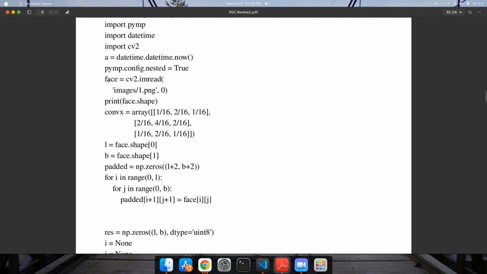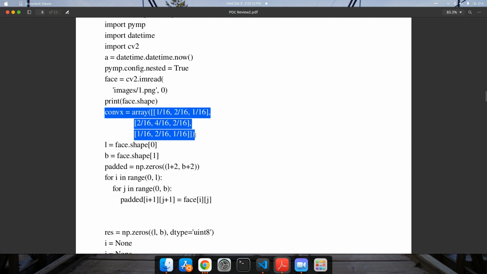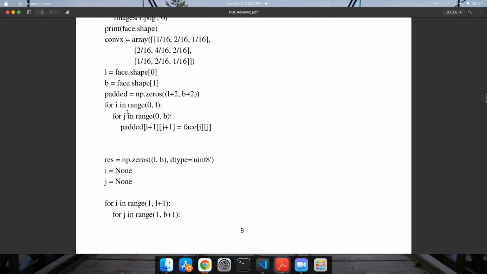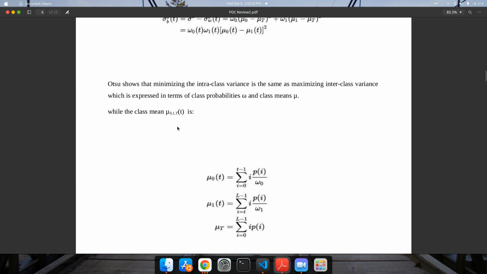So I've read the data with cv2.imread, and this is my convolving array. The array is from NumPy. Coming to this, padding is used, as I've explained here.